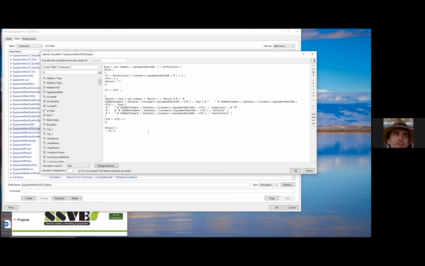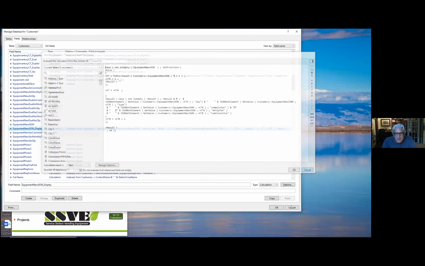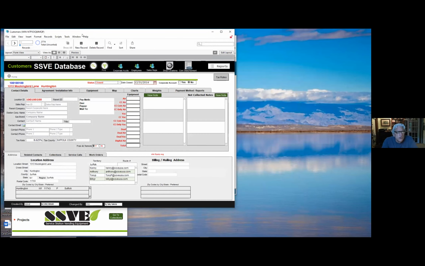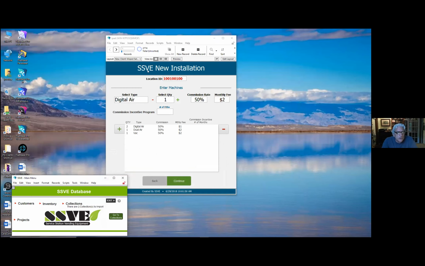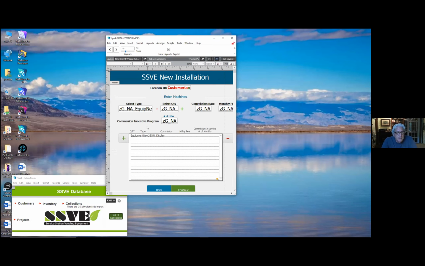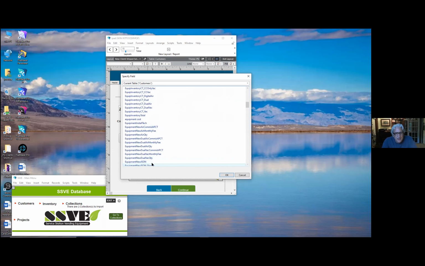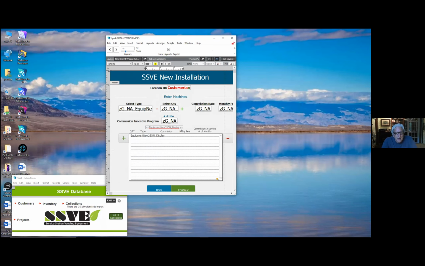I mean, it looks the same. It just doesn't have the overhead. It's one field, and this is the calculation that I'm using to generate the data. There are two ways I've done this numerous times to display stuff like this. Sometimes I will use a merge field, and a merge field can be good because when you do a merge field, you can set